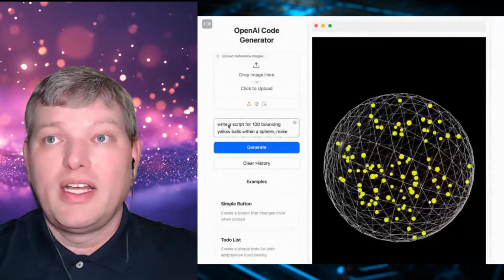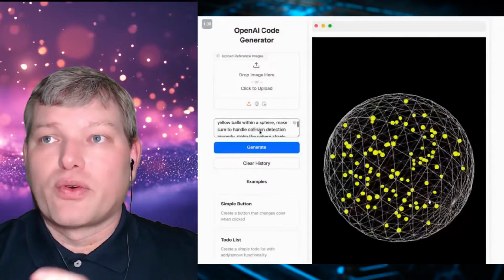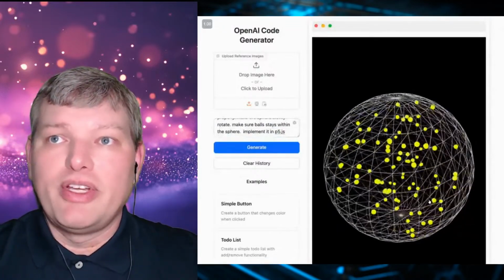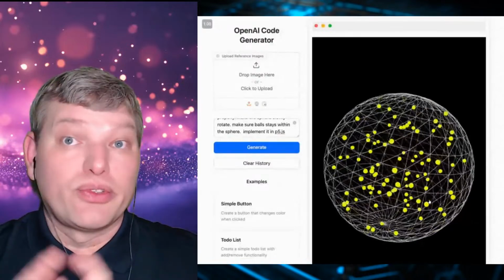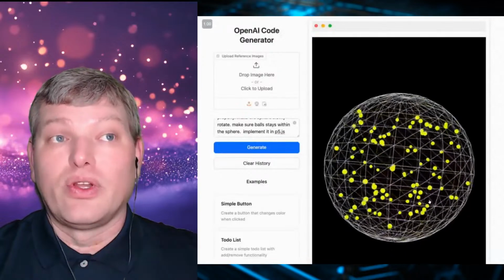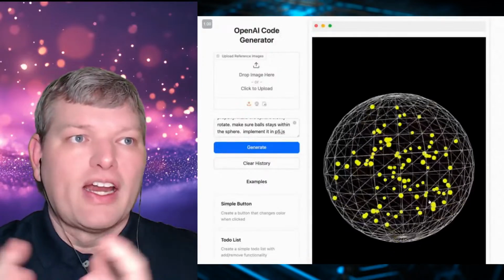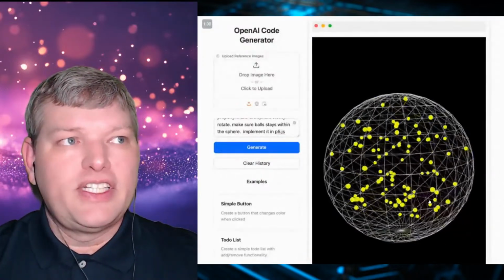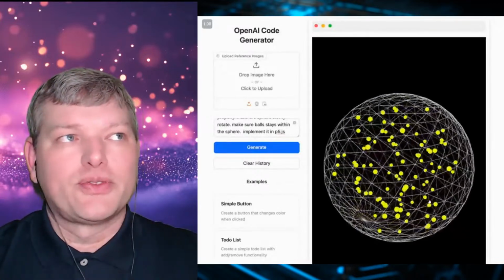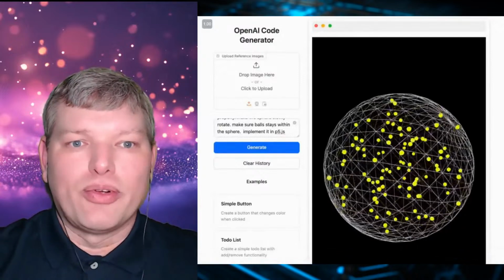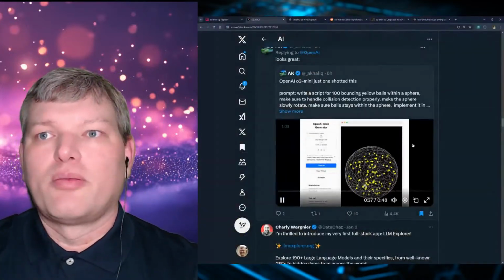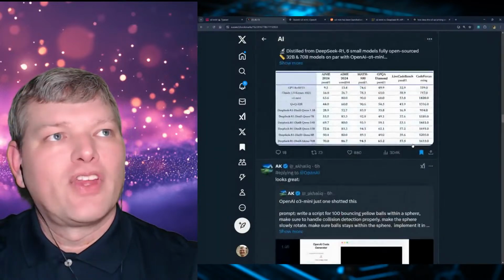And so he's put in a request for a script that has the balls bouncing around in 3D, and then it's implemented in JS, and then he's got it so that it will generate and run it right there in the browser window. So that's a really great tool that you want to check out. But there's a lot of motion here, a lot of detail that has to be captured, and of course it's got to be bounded inside the box. So I thought this was really a great example to start off with. This is one of the very first ones that I saw come across in my feed today.